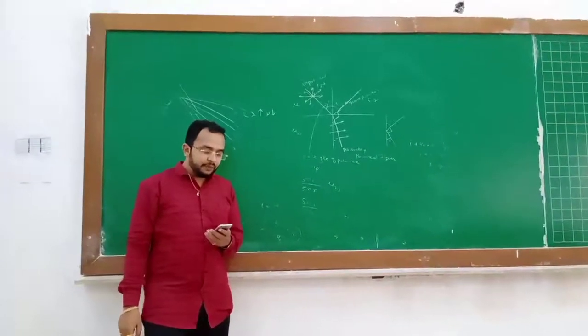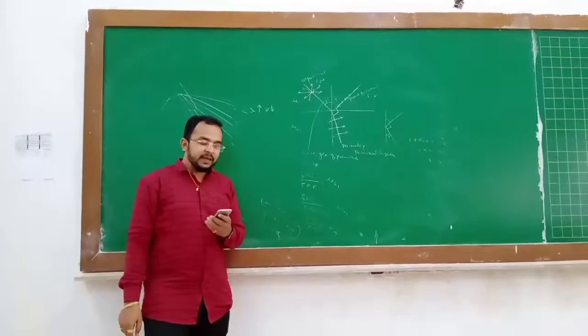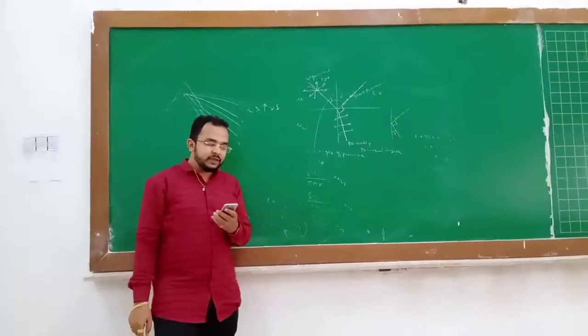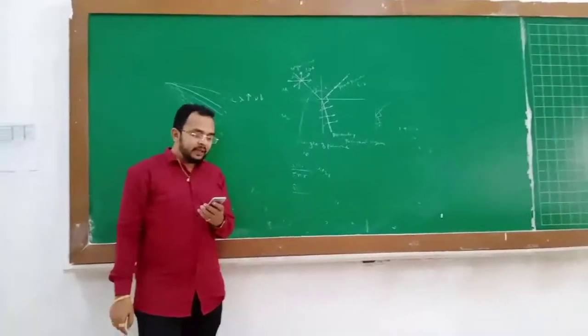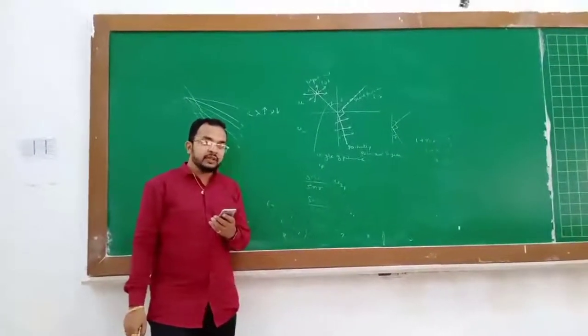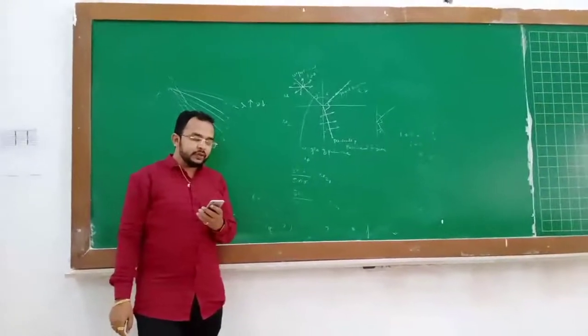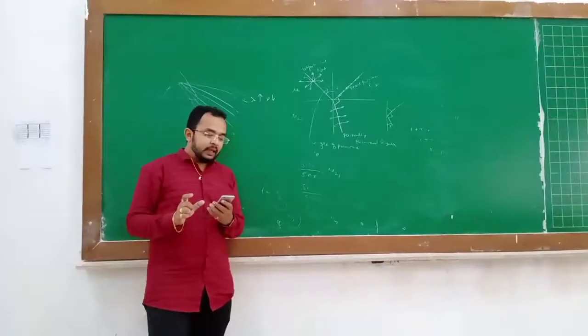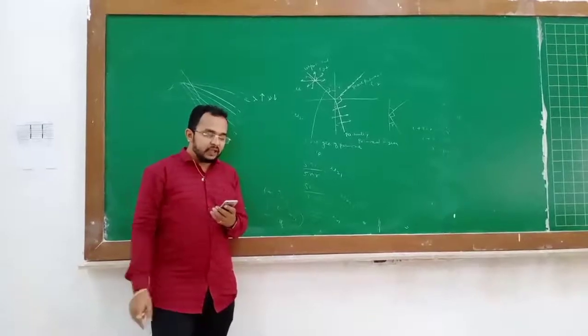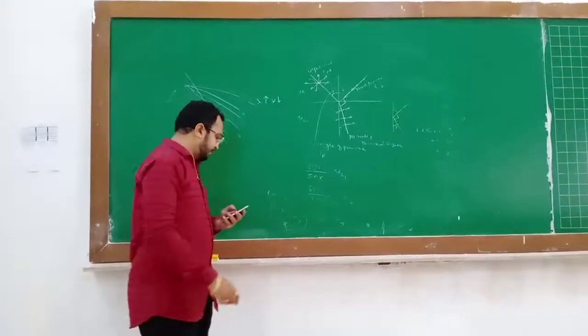Question number 5. In a certain double slit experiment arrangement, interference fringes of width 1 millimeter each are observed when light of wavelength 5000 angstrom is used, keeping the setup unaltered. म्हणजे setup बदलला नाही. If the source is replaced by another source of wavelength 6000 angstrom.